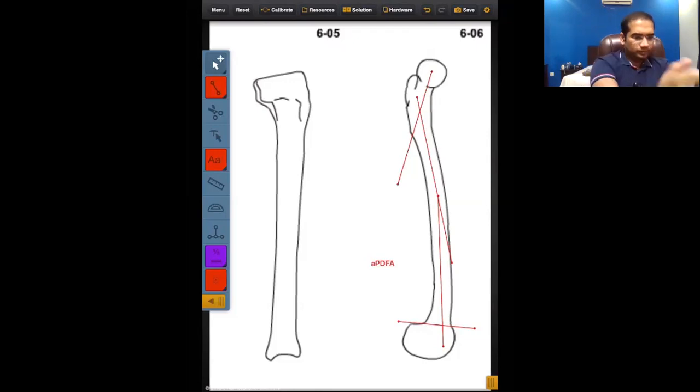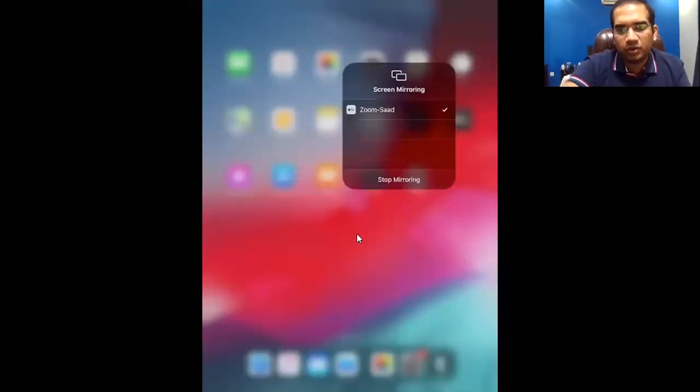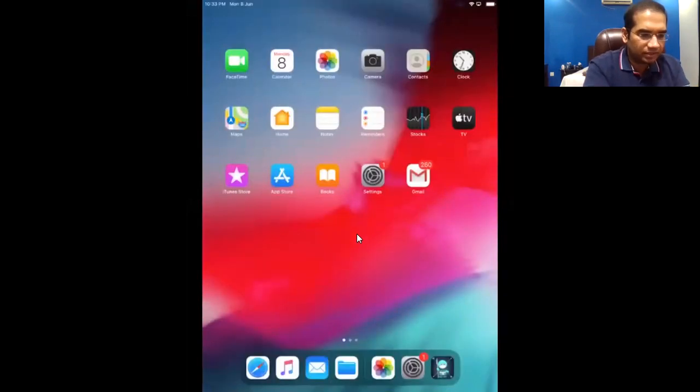Sir, the question is about the joint orientation line of the proximal femur. Is there anything like this? No, I told you there is no importance of the proximal joint orientation line of the femur, of the hip. There is no joint orientation line in terms of deformity planning. Of course, if you want, you can always draw one, because all you have to do is connect the center of the head to the center of the greater trochanter, but it does not really have any significance.